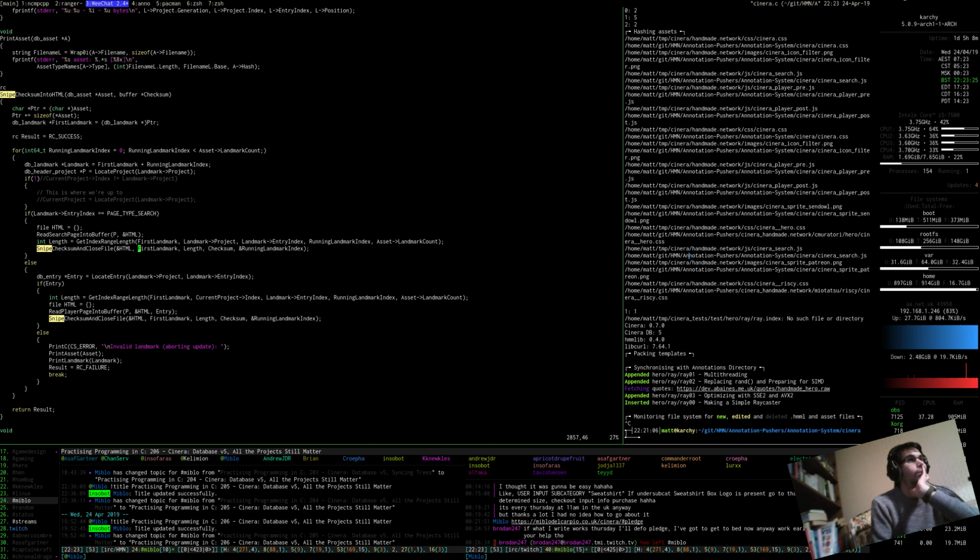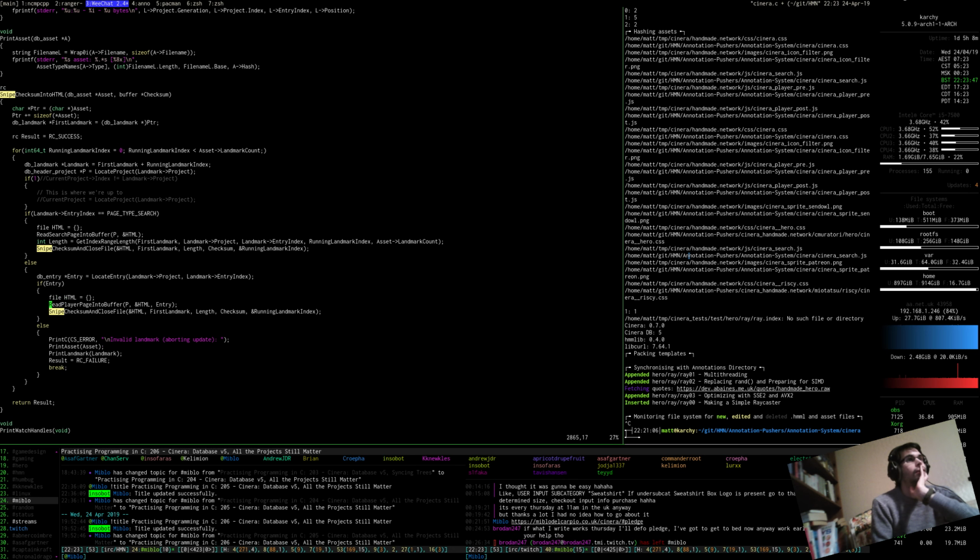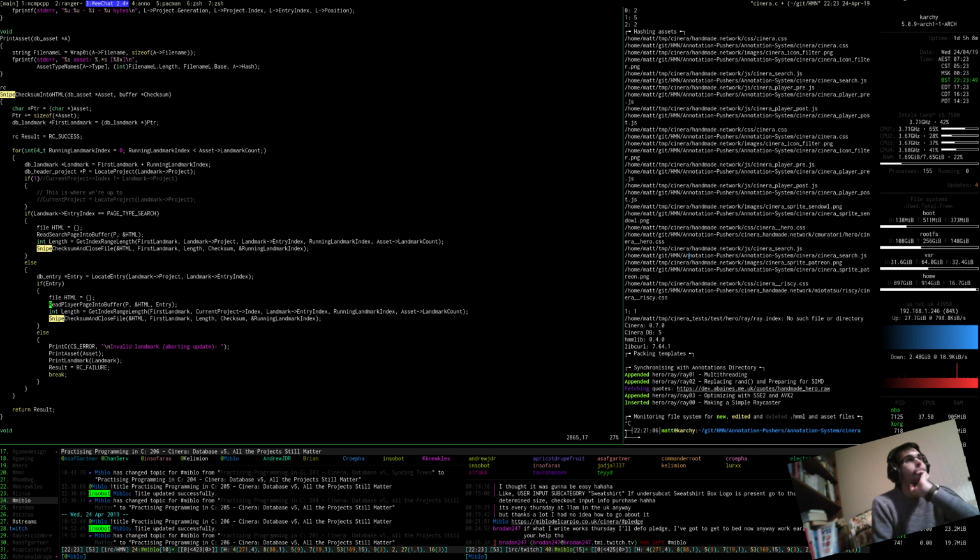Snipe checksum, close file. So these two lines here are exactly the same as these two lines here. Well, I mean, and this actually, initializing this HTML. Yeah, literally the only difference would be